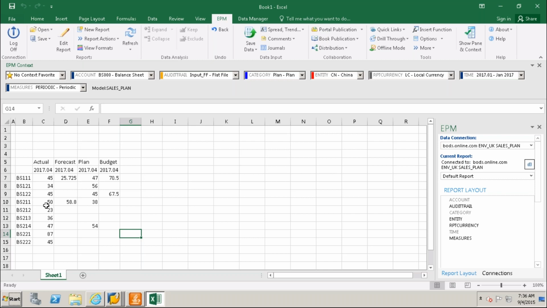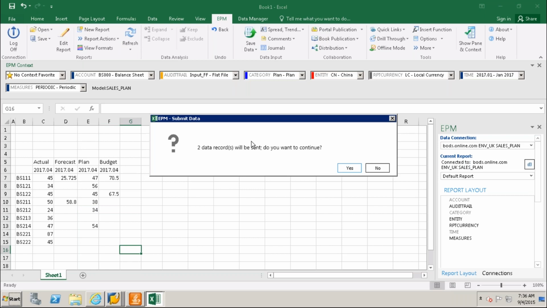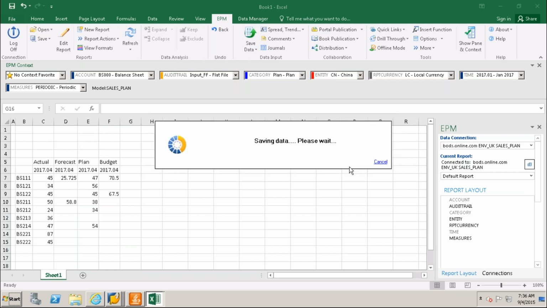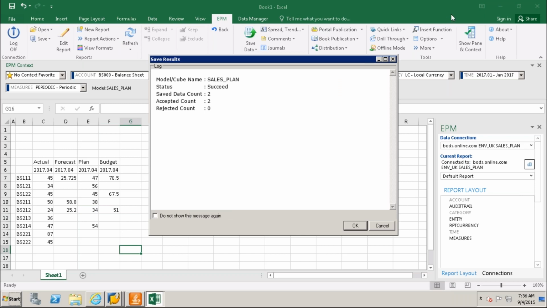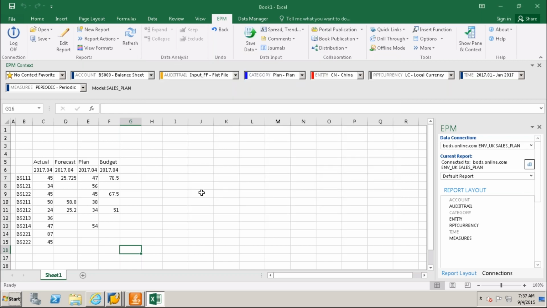When I change this one, I made 24, and my plan value is 34. So when I save, two records I modified, two records. Yes, two records are accepted, and refresh.